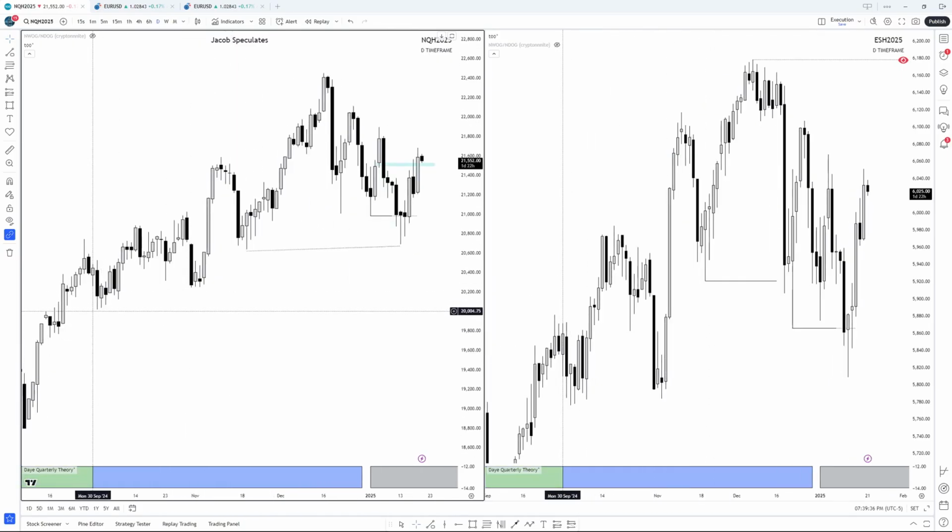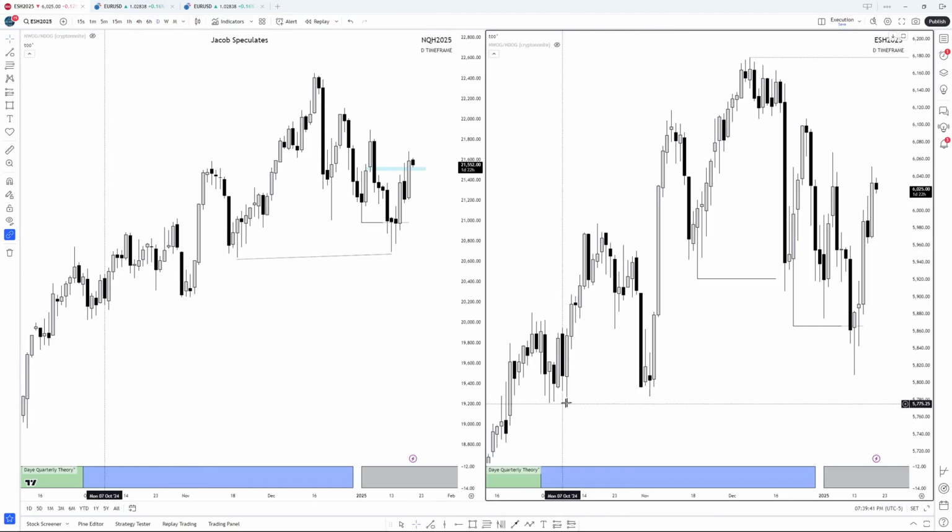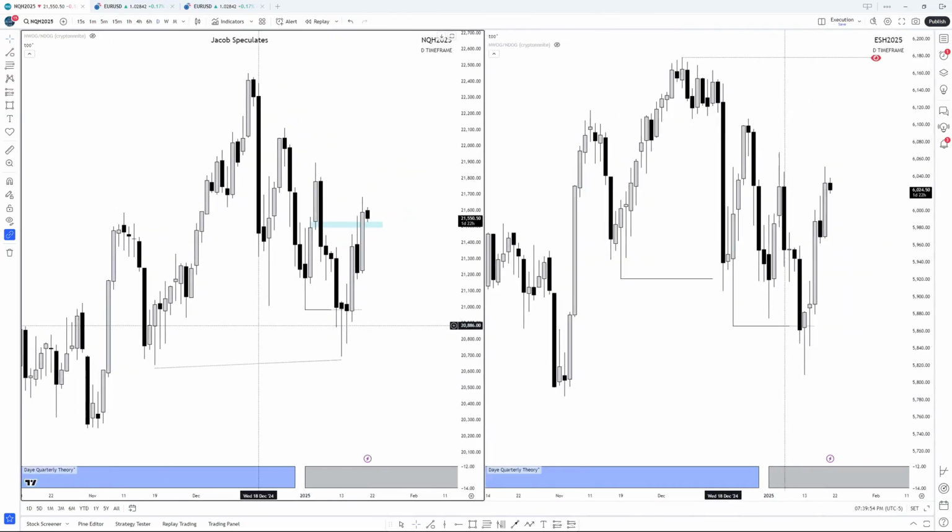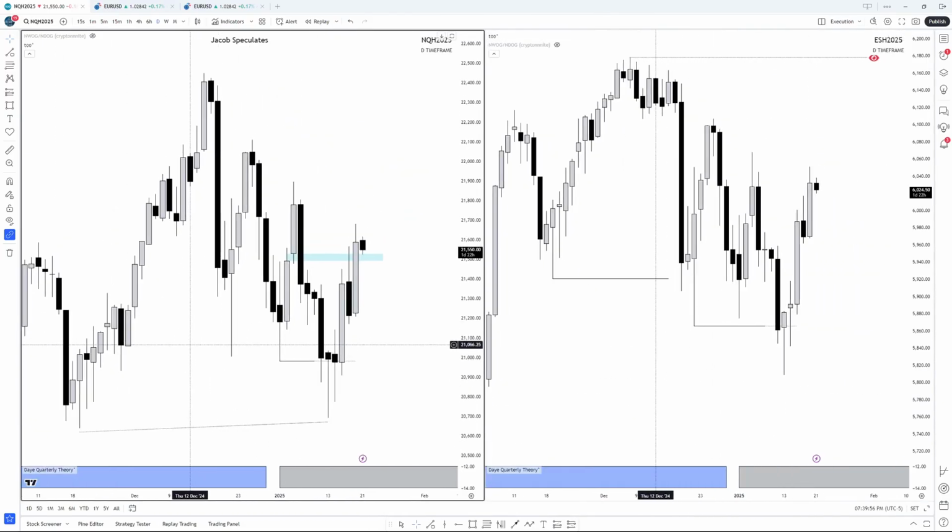If it were a normal SMT, then the S&P would have ran these lows like what we were expecting, because this has been our target since all the way up here. Since it just ran this low and left these lows intact, this is still an SMT. It's just a partial SMT since it's not the lowest point of the previous quarter. But if you have something that confirms normal SMT or partial SMT, then you can expect it to hold.